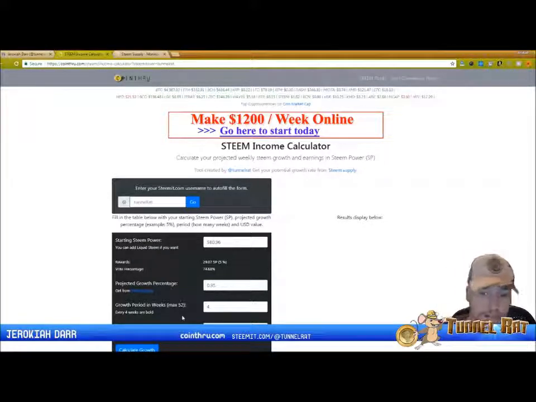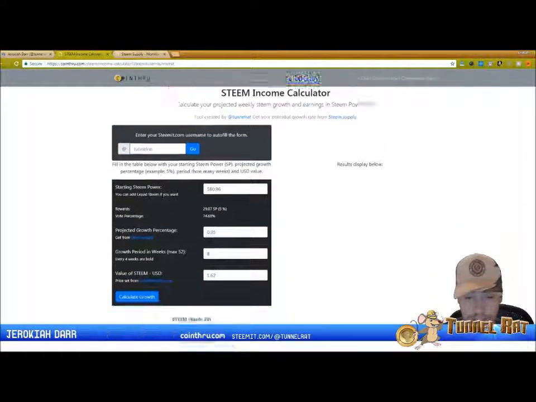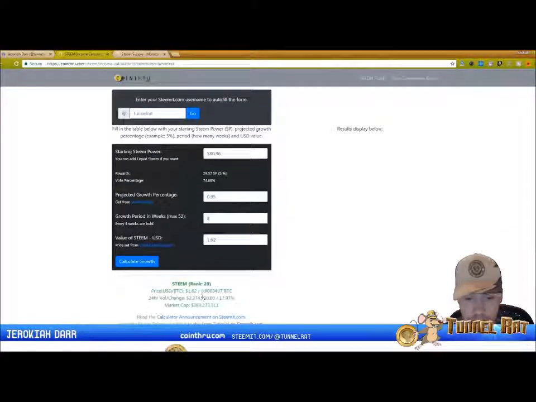And I made the calculator a little bit more precise, so it increases by that percentage every week you have filled out. Defaults to 4 weeks. You can put 8 weeks. You can put up to 52 weeks in there. And there's the value of Steem currently. And this is based on the CoinMarketCap price, which is an average between all of the markets. I click calculate growth,